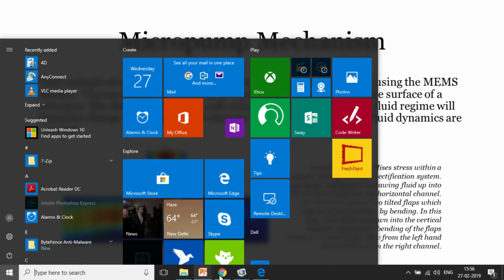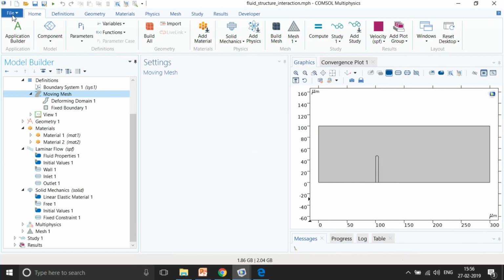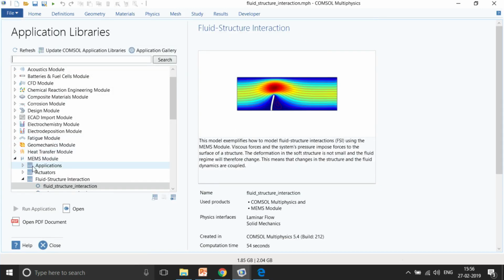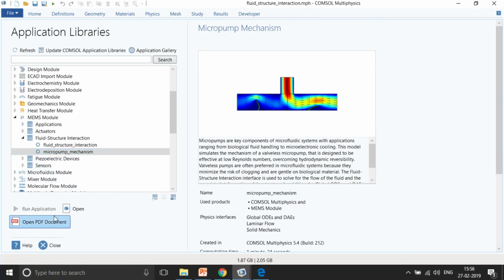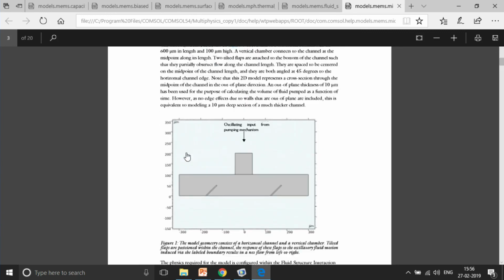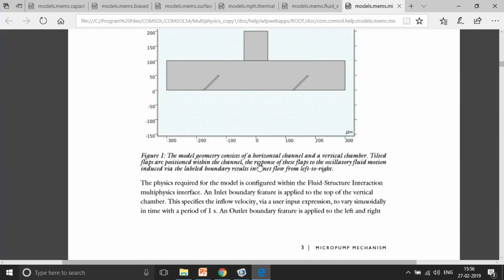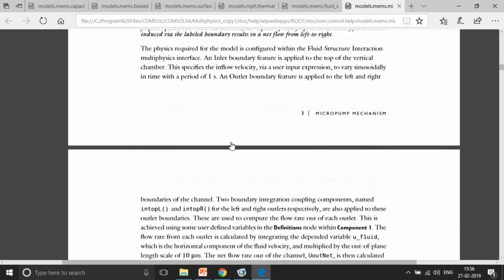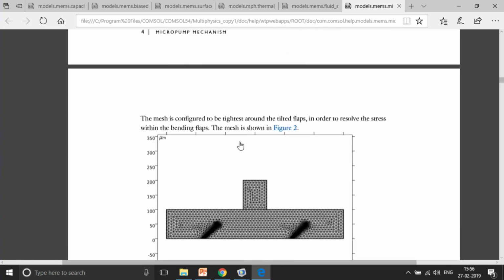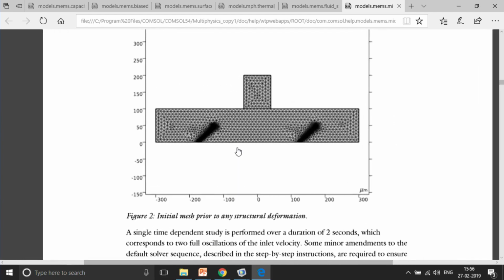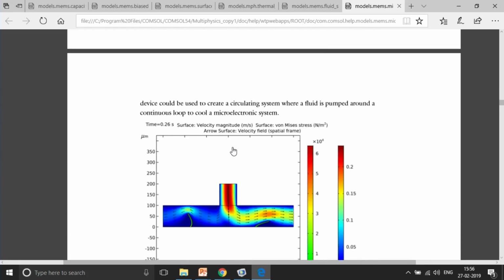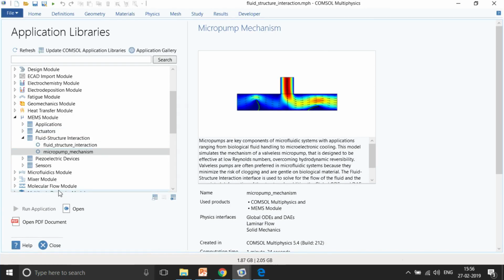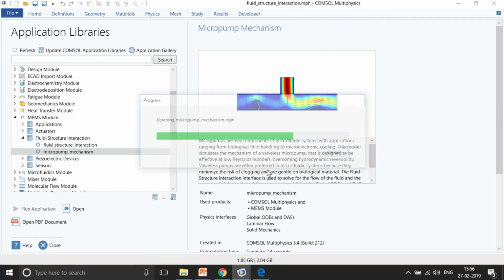Let me open this particular model to see how it is modeled, a very similar approach to what we saw before. This is again the documentation, so I suggest you go through the documentation. This is the actual input, and we want to have the flow in a particular direction. Again, the mesh is what is going to change at every instant.